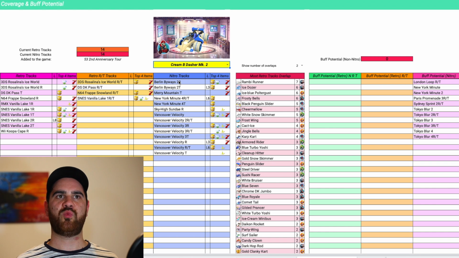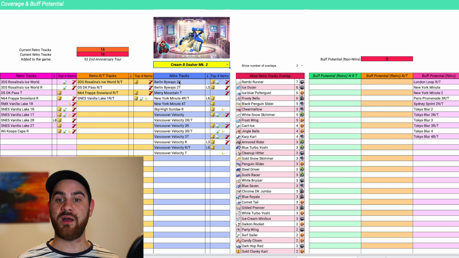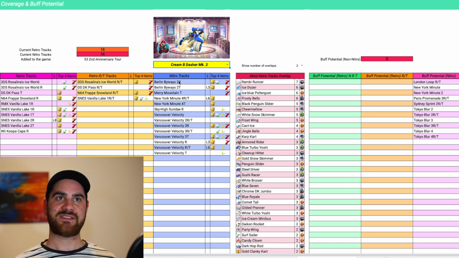And especially if you weren't invested in the Ice Dozer and the Ice Blue Poltergust, and maybe things like the Frosty Bells, which are a smaller card. Those big cards, a lot of people are already invested into. I know for my free-to-play account, I'm not invested in the Rambi Runner, so I actually have the Cream B-Dasher Mark II at level 4 with a single cap. I would love to take it higher. It just hasn't had the ranked